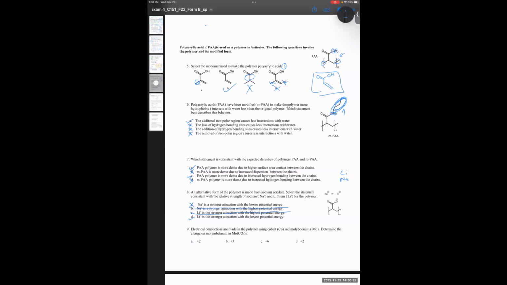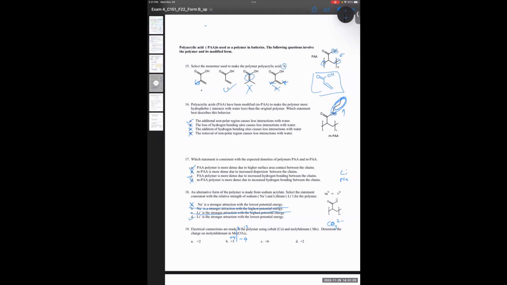Electrical connections are made in polymer using cobalt and molybdenum. Determine the charge of molybdenum in molybdenum carbonate. This is how we do it. We know CO3 2 minus is a polyatomic anion with a charge of -2. It's not going to change. So my anion side has 2 of -2 charges, meaning anion side has a charge of -4. Therefore, the cation side should have a charge of +4. Because there's only one cation, that must have a charge of,